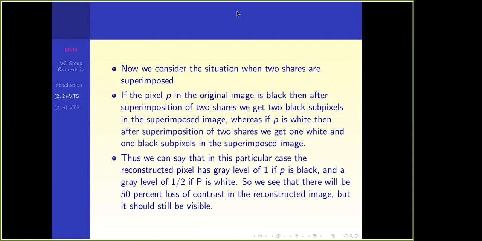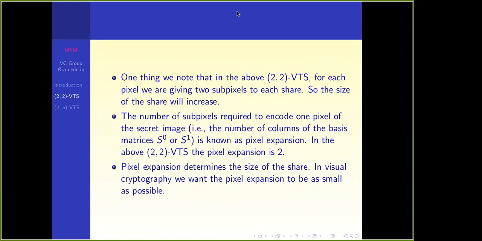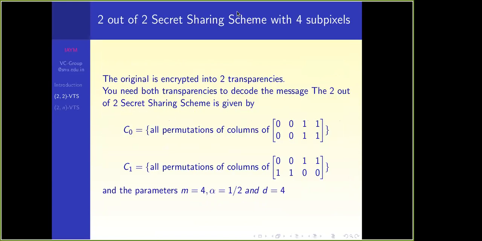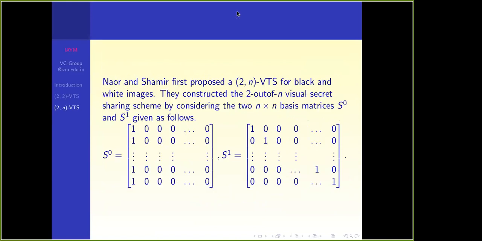So that is the first thing. And the second point is that if you go to more and more 2 comma n, these are the matrices. In 2 comma n visual cryptography, n people are there, and if 2 of them come, then only they can get it. So how to give n shares, and 2 out of n can get it? Now more expansion will be there, 1 0 0 0 0, like that. I hope this part is okay. Here you can see that as n increases, it becomes very complicated and contrast becomes more difficult.